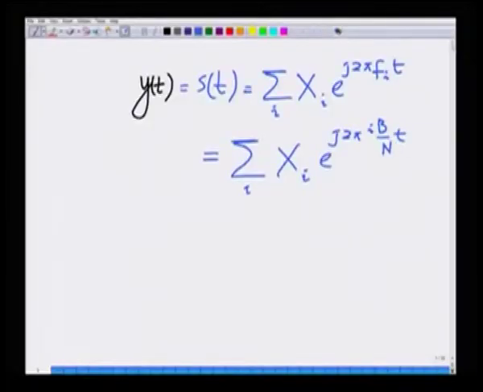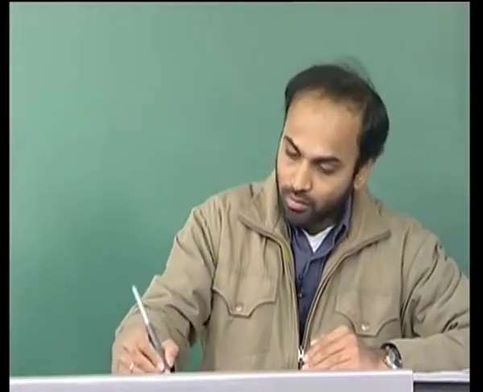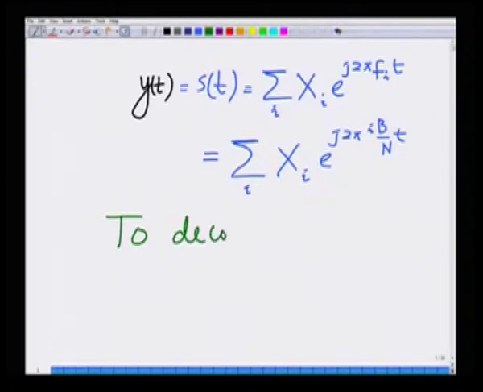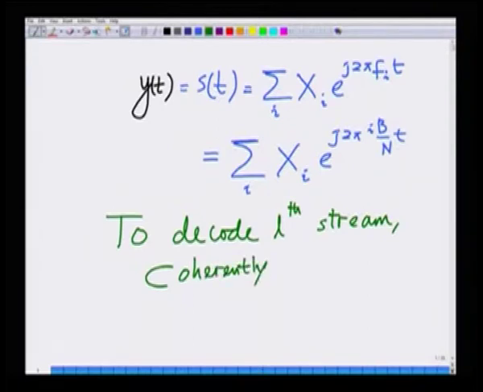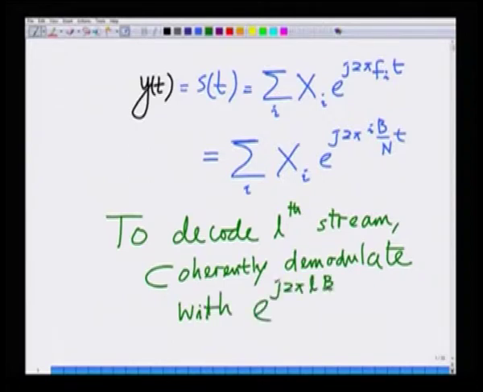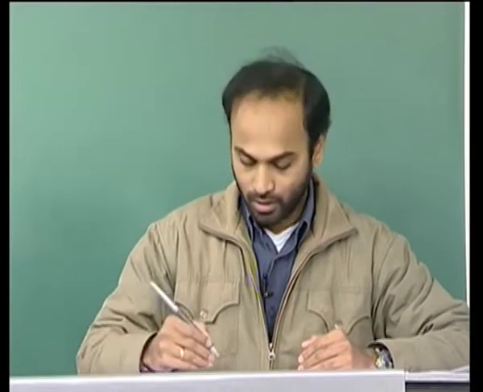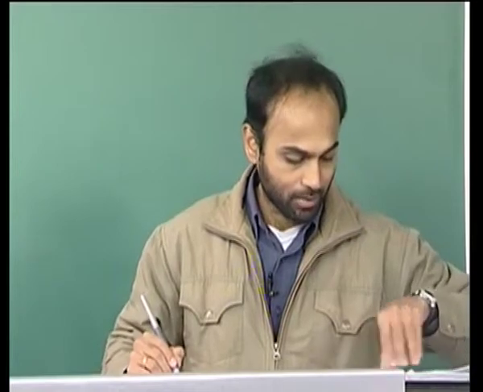And what I am going to do at the receiver, as we already said, to decode the Lth stream, is coherently demodulate with e to the power of j 2 pi L B over n t. I am going to coherently demodulate with the subcarrier essentially, to demodulate the Lth information stream, and that process is as follows. So I am going to integrate